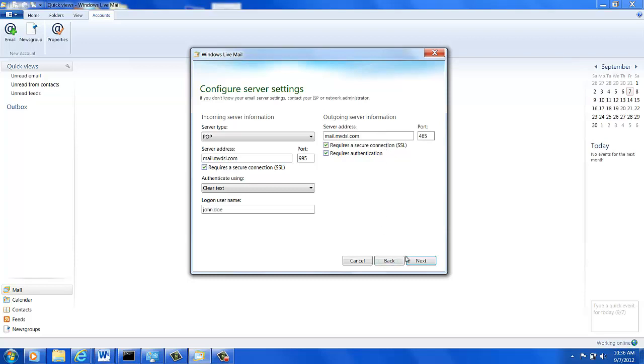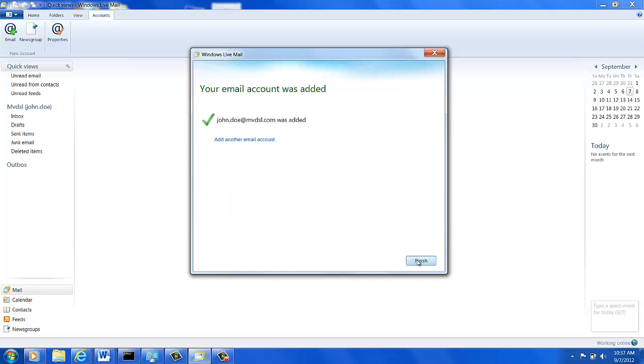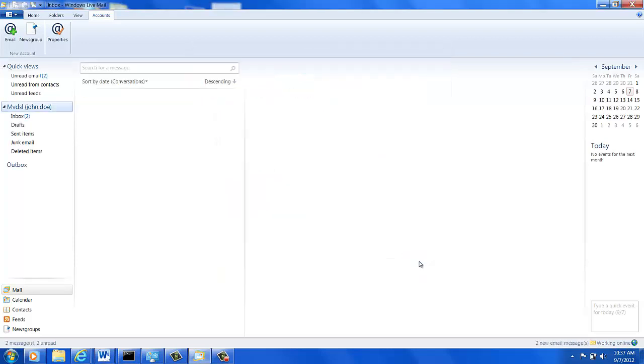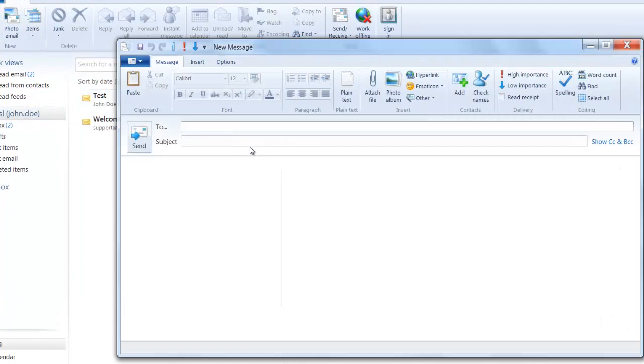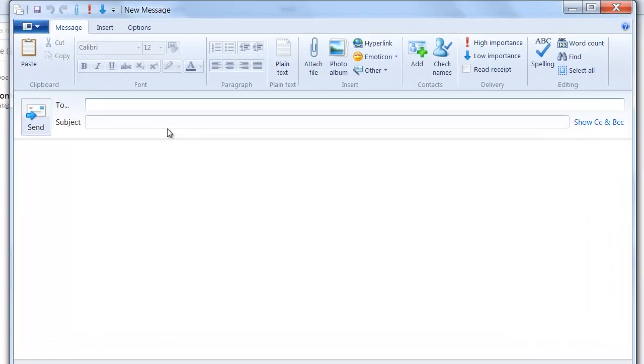So it looks like we've got things set up. We're going to go ahead and click Next. And it says it's successfully added. Go ahead and click Finish. And you can see that we've got a couple of messages. I already sent a test message to myself previously, but we may want to go ahead and test this out again. So we're going to go back here and click home, email message, and we'll send another message to ourselves,